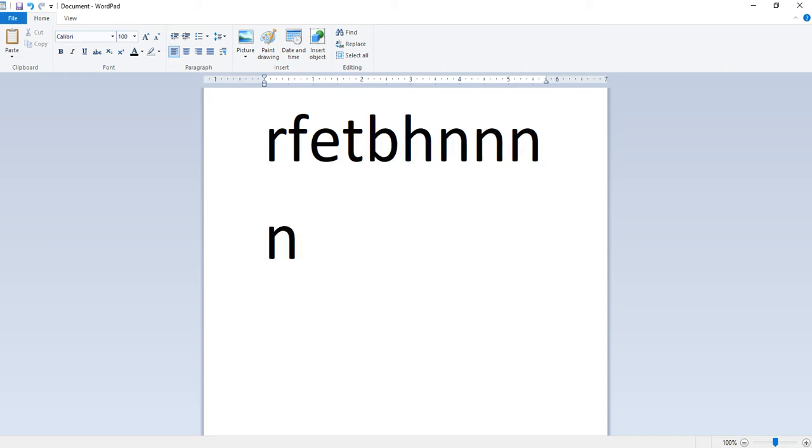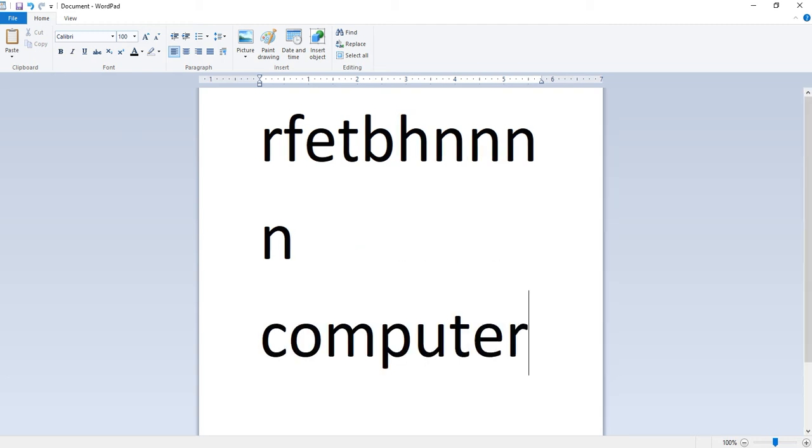This feature is called word wrap. The advantage of word wrap is that we do not have to press Enter each time we reach the end of a line. Computer subject, automatically the line is finished and goes to a new line.